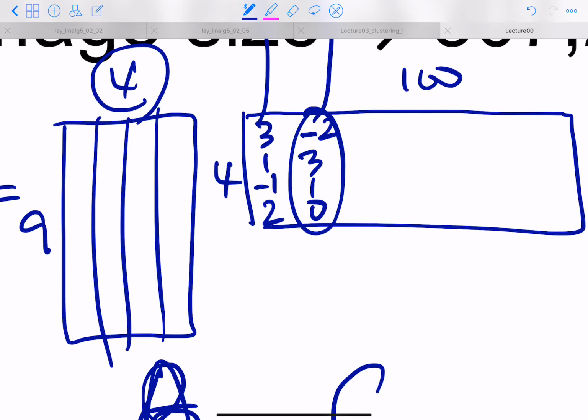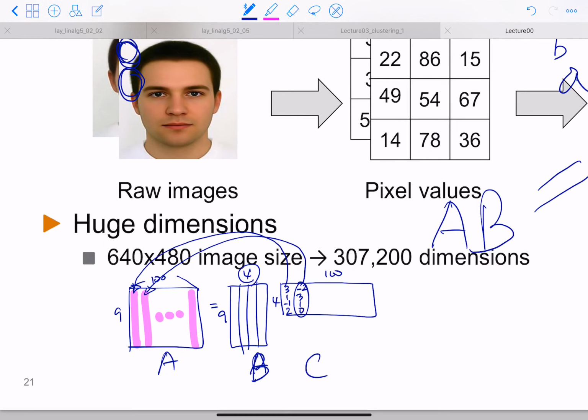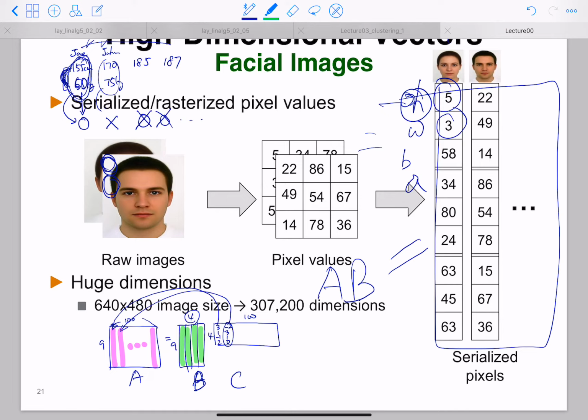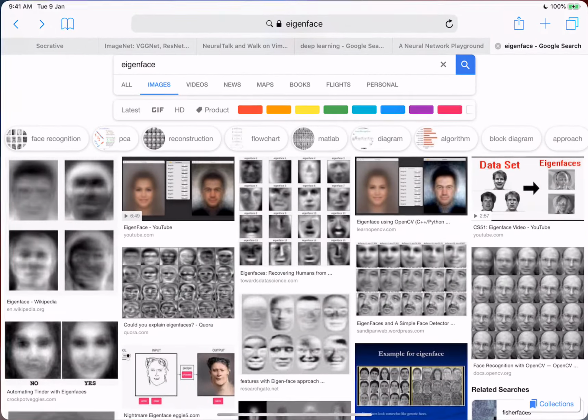But if we can somehow obtain this matrix factorization, okay, what will be the role of the columns of B? So we have 4 columns, right? Those columns should be recyclable or utilized as much as possible to represent all the different 100 people's facial images, right? So if we perform that factorization,